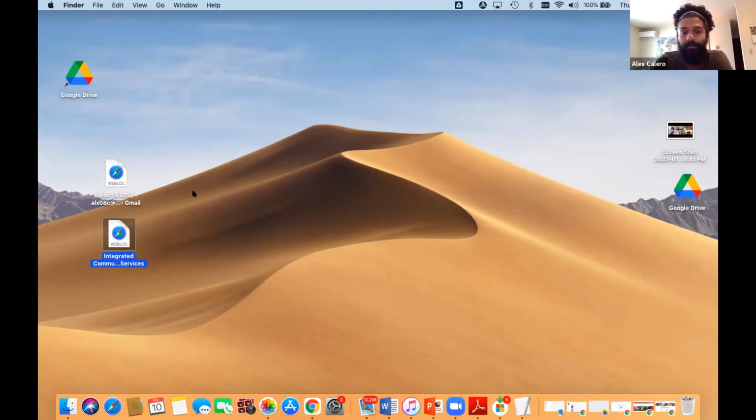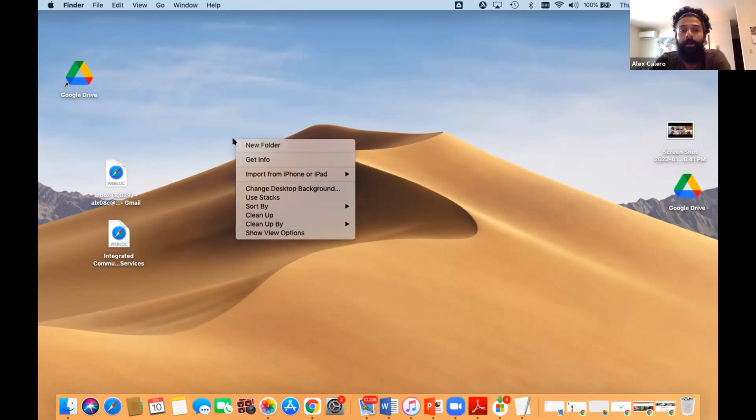Another thing you could do is create a folder by just right clicking on your screen. And this works with a PC or a Mac. If you simply right click,